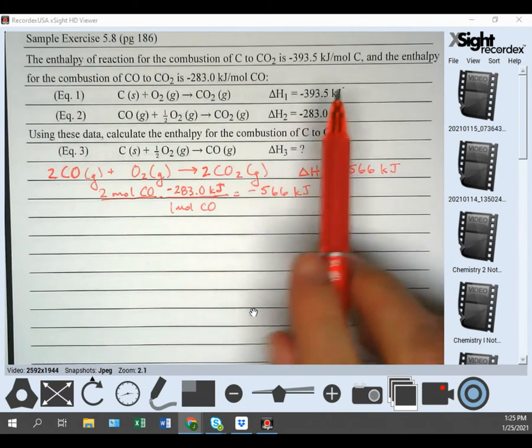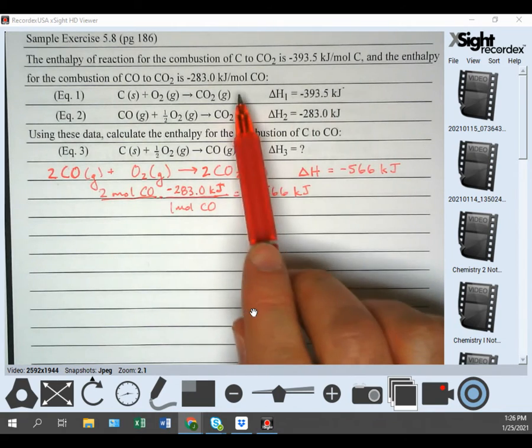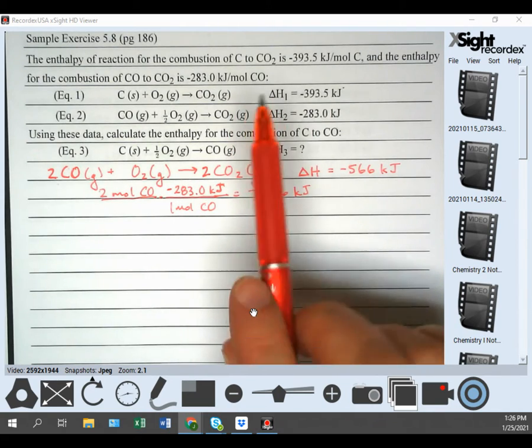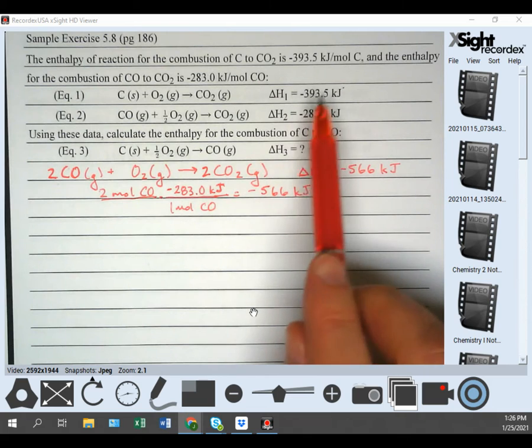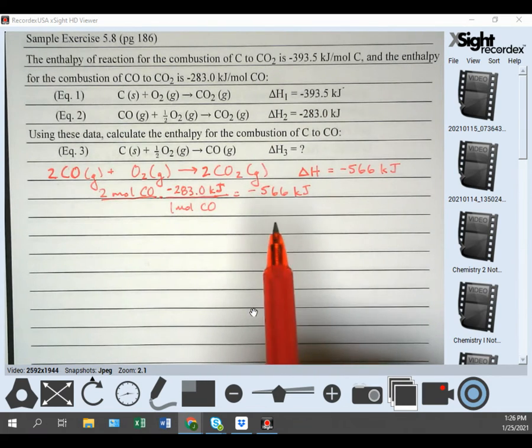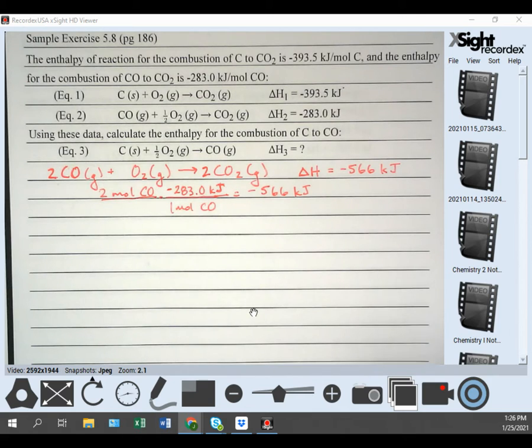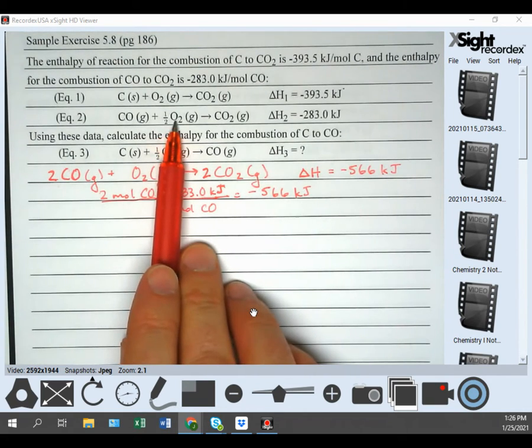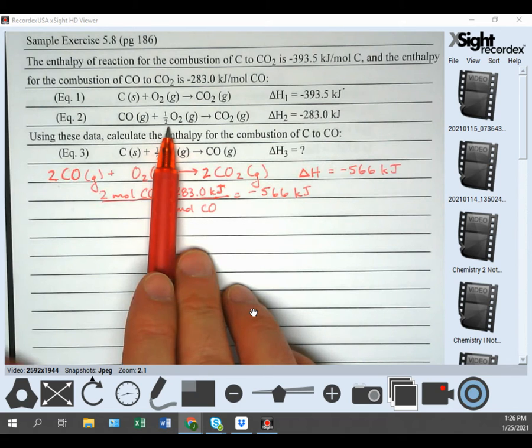What they usually like to do is think of the enthalpy for a certain substance per mole, like the amount for 1 mole. All right, so all they did to get this, and this is why we have a coefficient that's a fraction, which is a big no-no up until now,